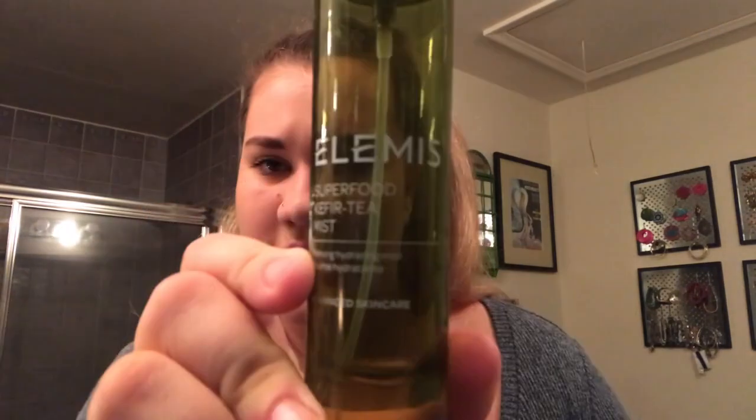Okay, and then I'm going to just finish it off with, I don't know if this is actually a setting spray, probably not. It's a priming hydrating mist by ELEMIS. I won it in a giveaway on Instagram, and it is my freaking favorite. It's their Superfood Kefir tea mist, and it smells like